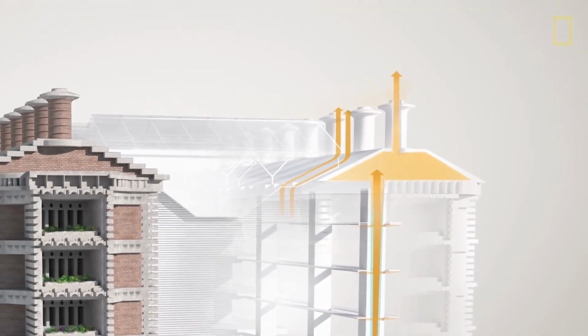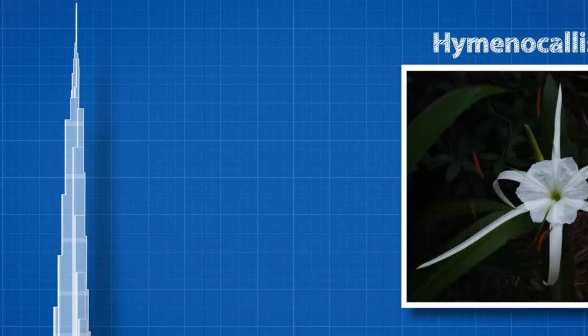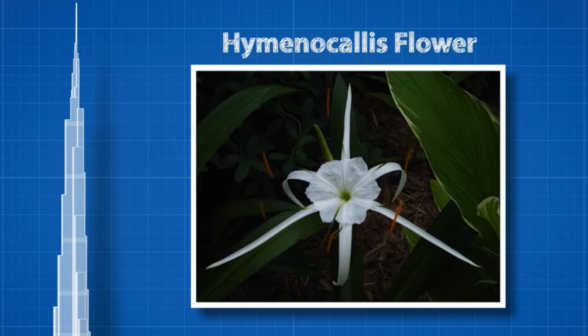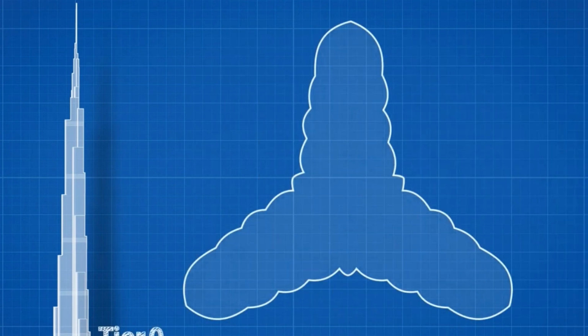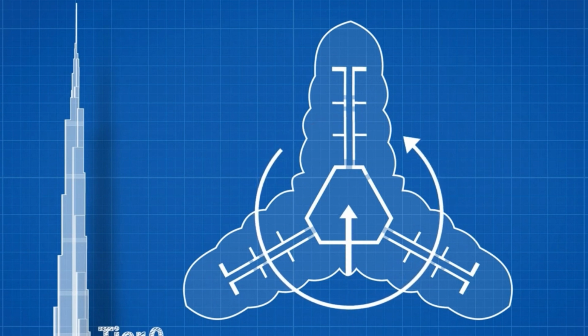One more such example of biomimicry is Burj Khalifa. Okay, before you start pounding on me and hitting me in the comment section about Burj Khalifa, I'm just saying it's not an energy efficient building, but they have inspired the shape of the building from a desert flower which is called Hymenocallis. And the Y shape of that flower has inspired the architects of Burj Khalifa to keep the building in that form, which actually reduces the load on the building, the wind load and